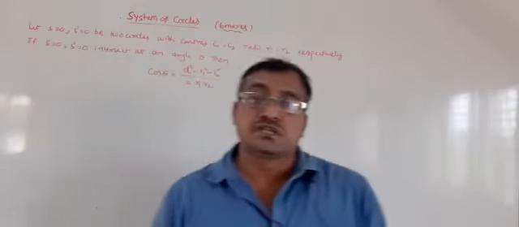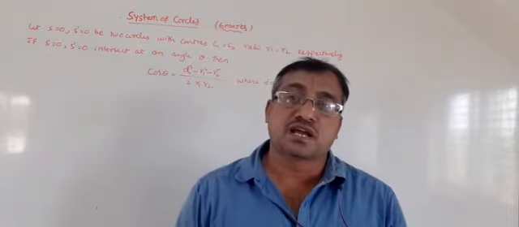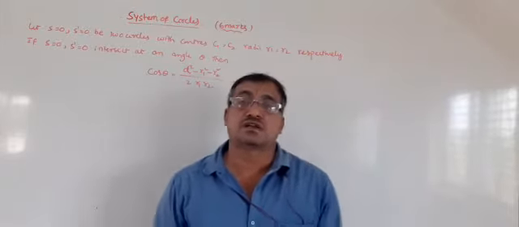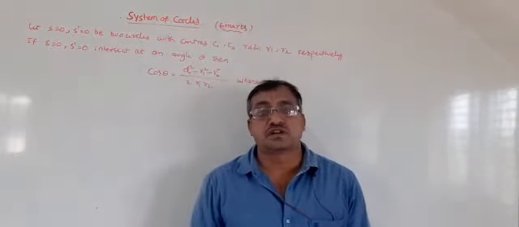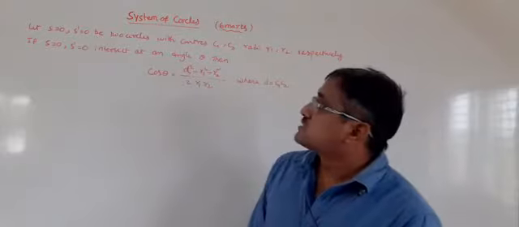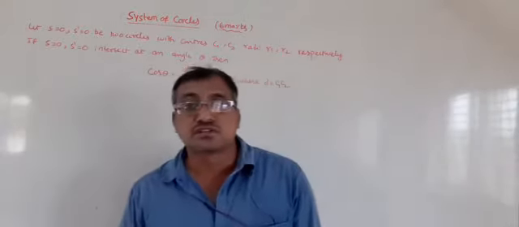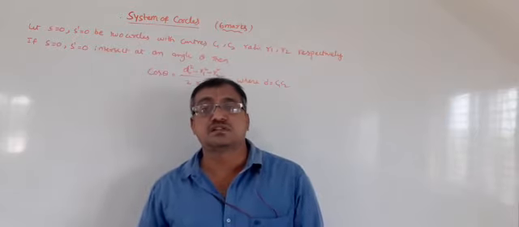Good morning, students. Next chapter is System of Circles. It has a weightage of 6 marks according to last year Board of Intermediate syllabus. Now let S = 0, S' = 0 be two circles with centers C1, C2,